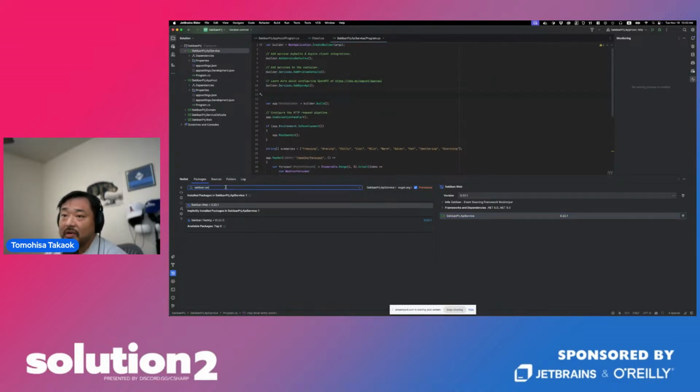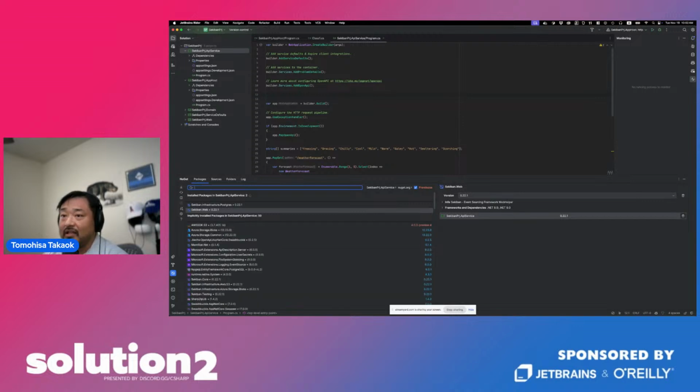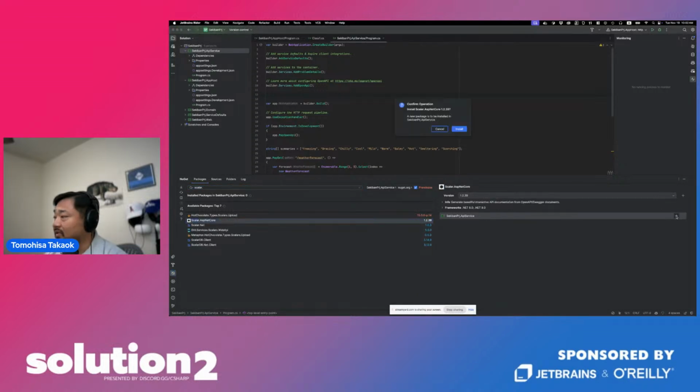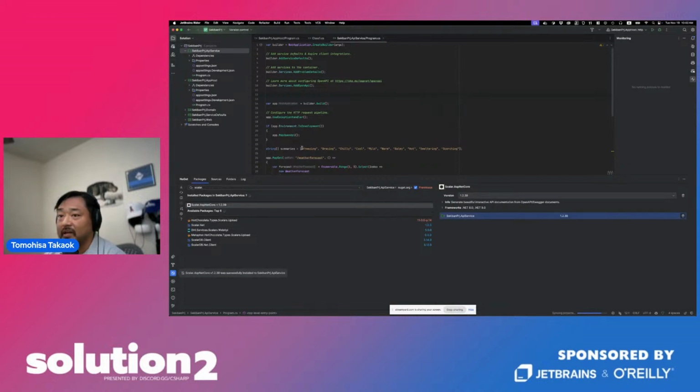Oh, one more thing, .NET 9 doesn't have the Swagger UI. So instead of Swagger UI, let's use the Scalar ASP.NET Core. This is just the UI for development time.